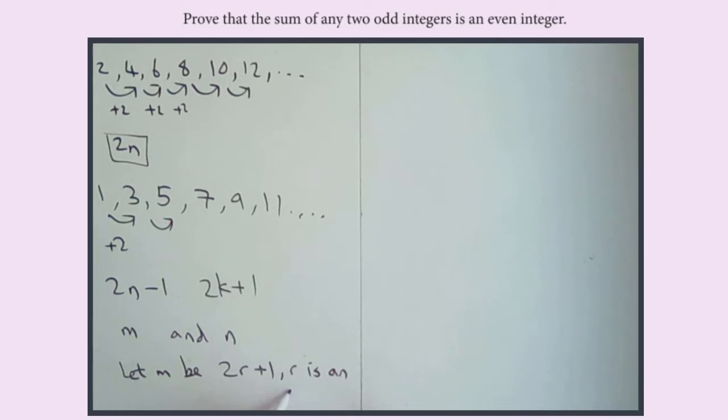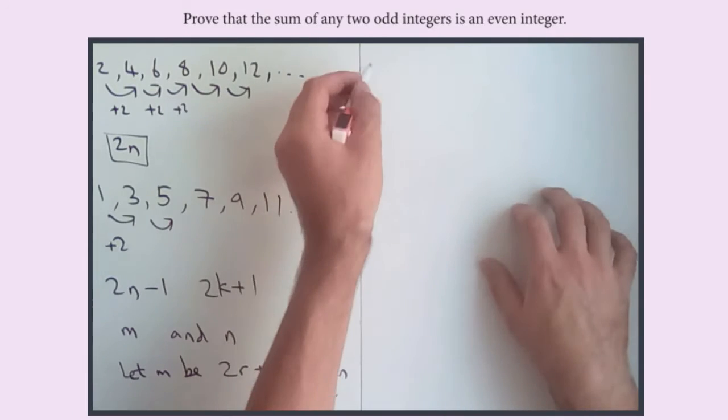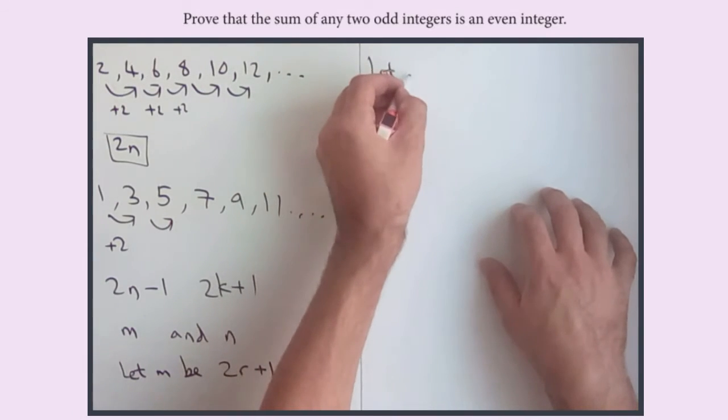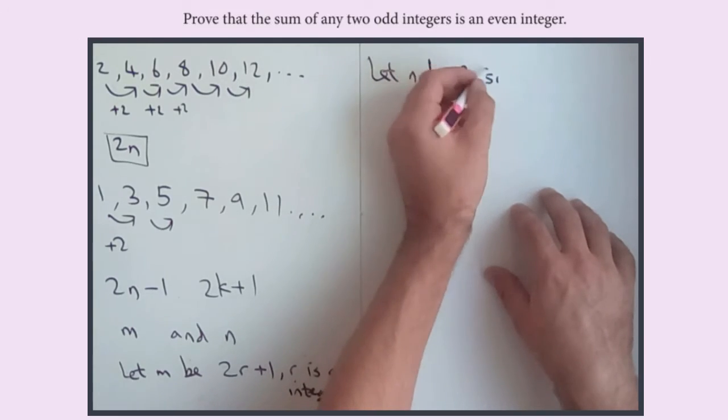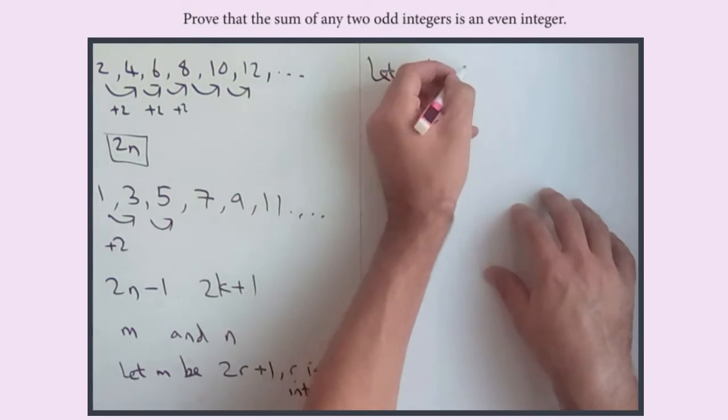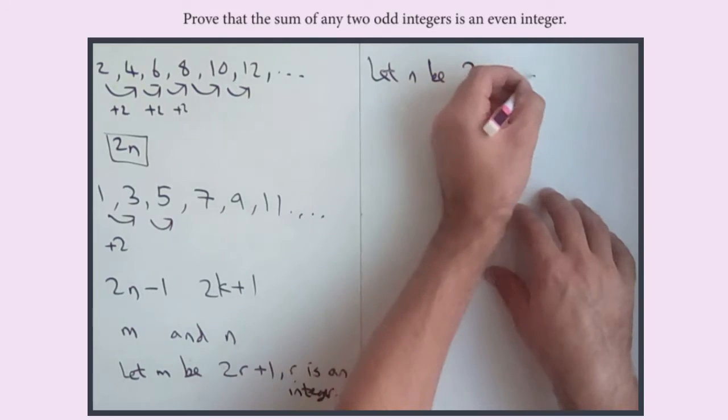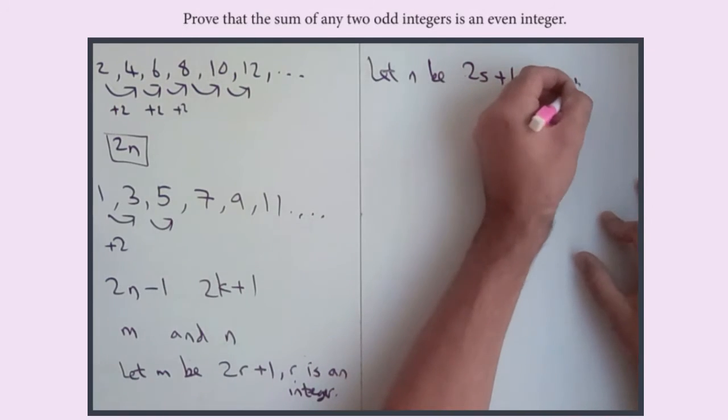R must be an integer. And so we need to define n using a different letter. We'll just use s. So let n be 2s plus 1, for integer